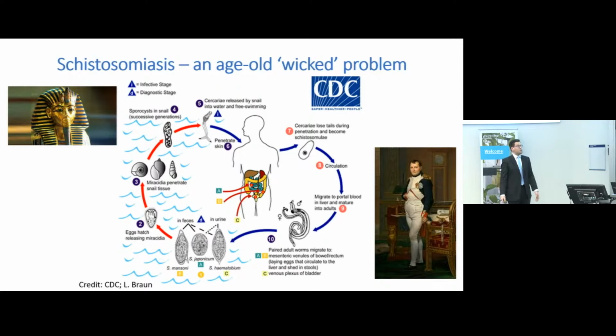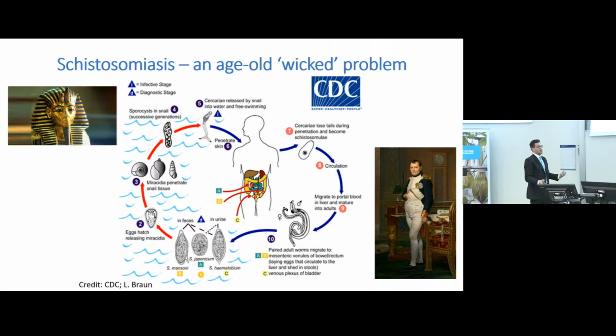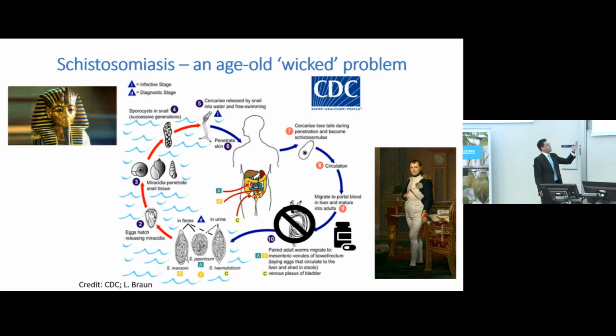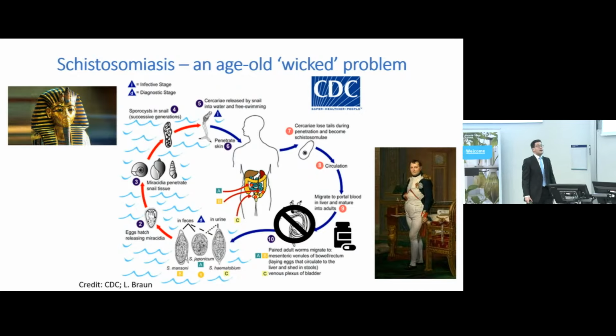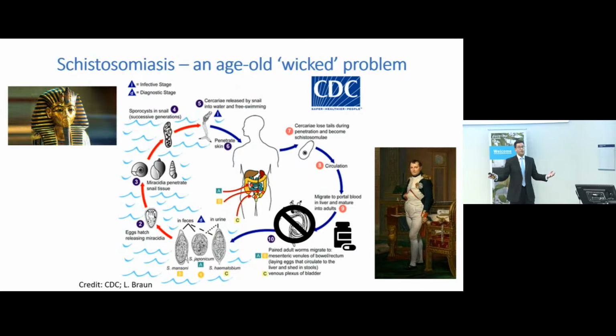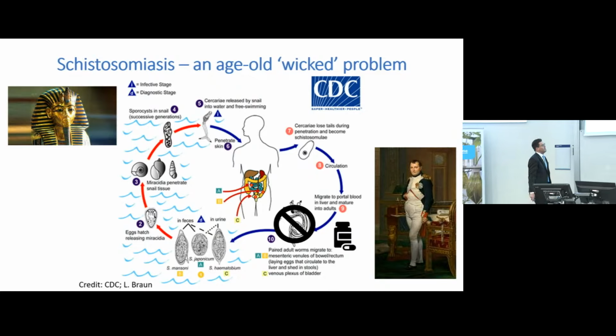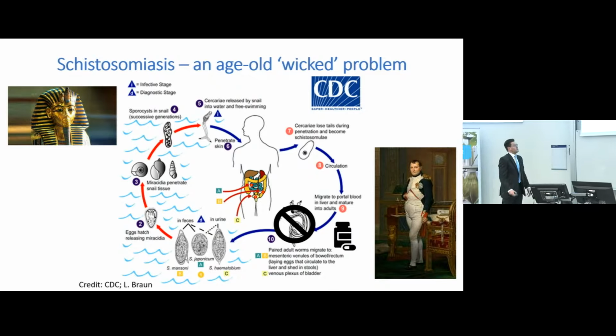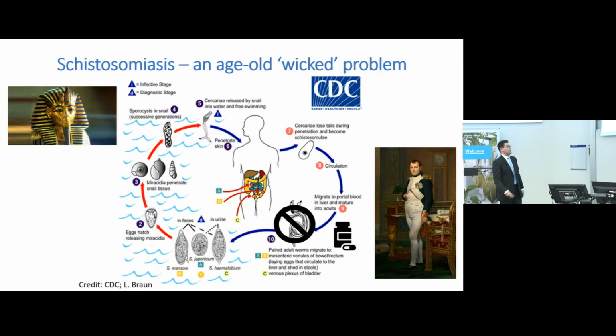And the WHO now is really trying to eliminate schistosomiasis, so they want to get down to 0 cases. But we're still at about, I think, 200 million people who are affected by this disease, almost all in sub-Saharan Africa. So to solve the problem, we could give everybody drugs, which is going on right now at very large scale. And the pharmaceutical companies, to their credit, have been extremely generous in distributing deworming drugs. But they're not vaccines, they're only deworming drugs. So if people are exposed to the parasite, they're going to get reinfected, and the whole cycle will continue.